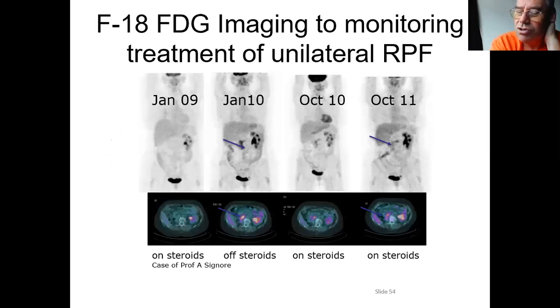He's originally scanned on steroids. You don't see anything. A year later, off steroids, there's uptake in the periaortic soft tissue mass. This improves in October 2010 on steroids, and they decided to keep the patient on steroids, and there remains no level of